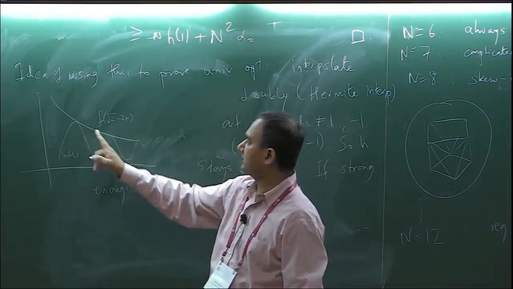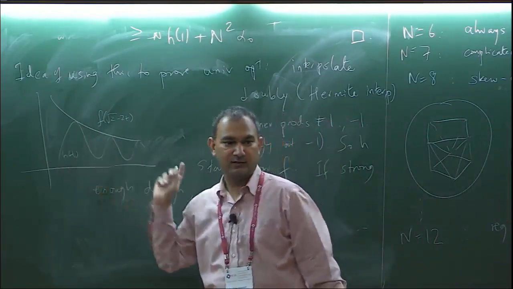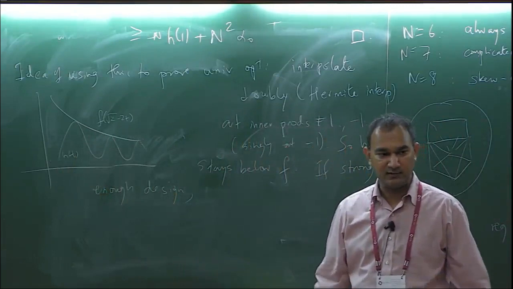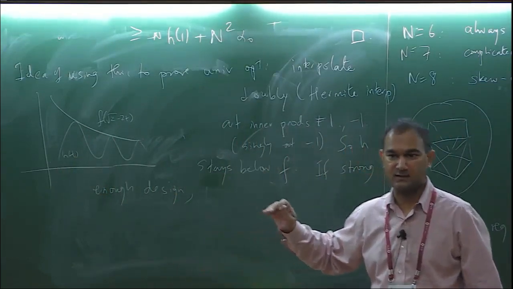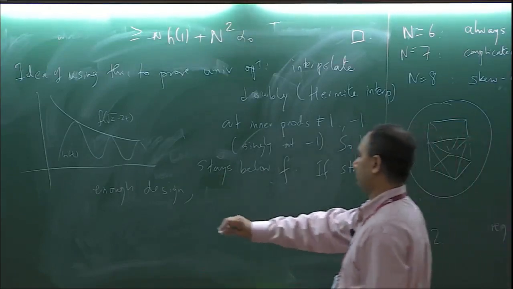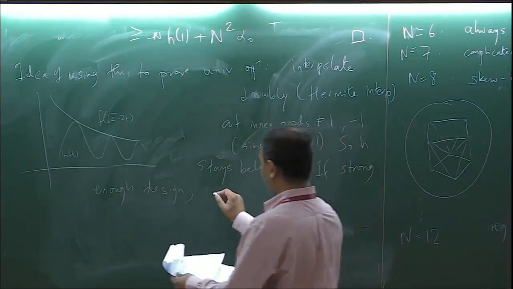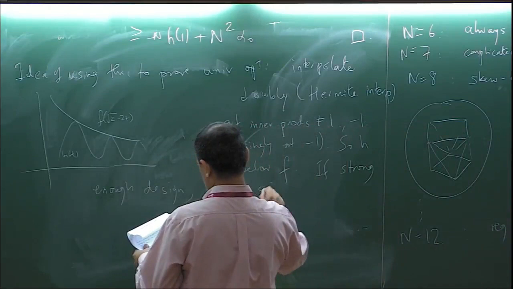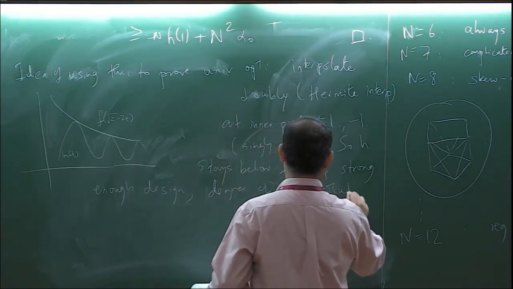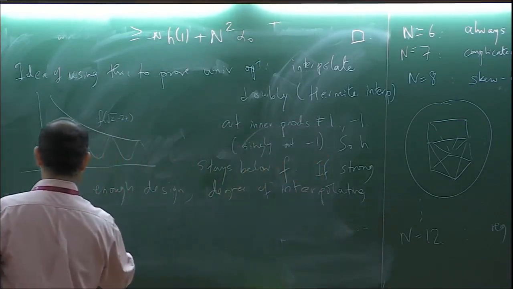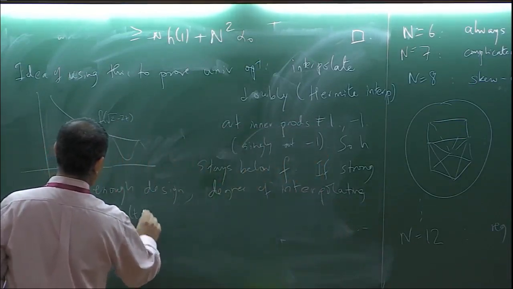You're roughly imposing 2 conditions at every inner product. So it's going to be roughly twice the number of inner products, and that's why you see that you need a design of like 2m minus 1 roughly, approximately. Okay, so if it's a strong enough design, then the degree of the interpolating polynomial h of t is small enough